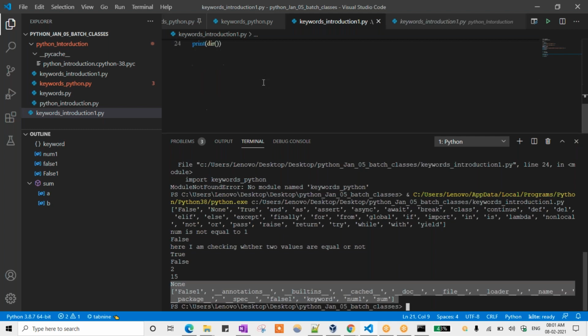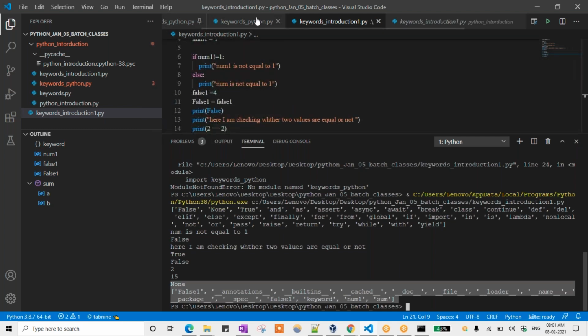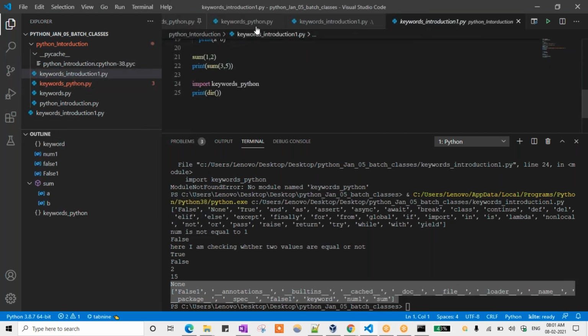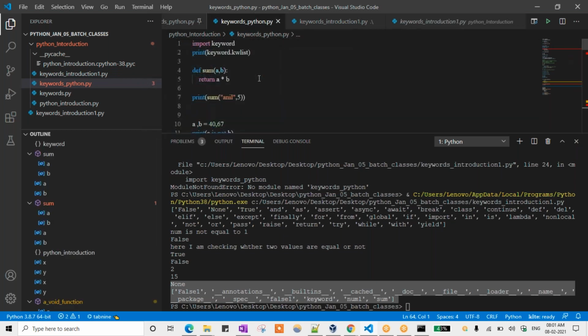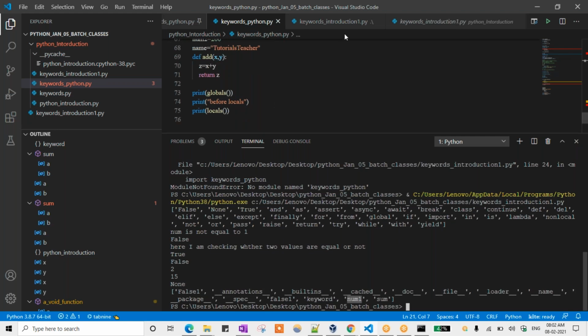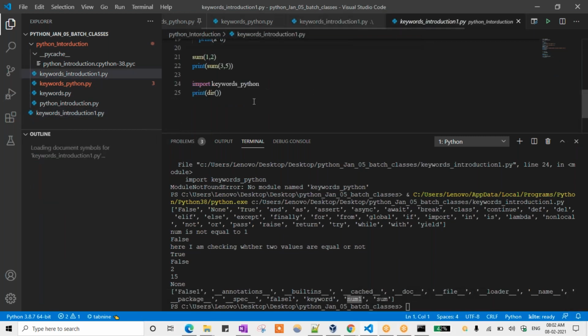If you go to that particular file, the keywords_python file, right? If you see here, a lot of elements I have declared in that one, like import keyword, print of keyword.iskeyword, and one function I have created, and some values, all these are printing. So that is the reason it is showing up. Sum is also there. Num1, you can check it once. You see here, num1 equal to 100, num2 equal to 200. So that is the reason it is showing up num1 also here, right? And also some global methods I have used. Okay. So now we can access those values from here, right?